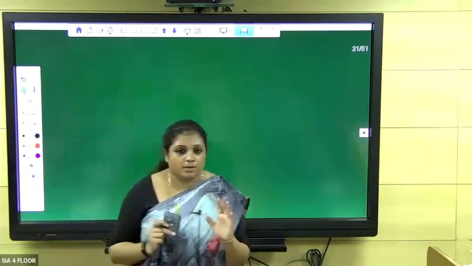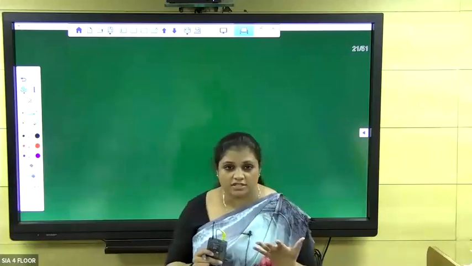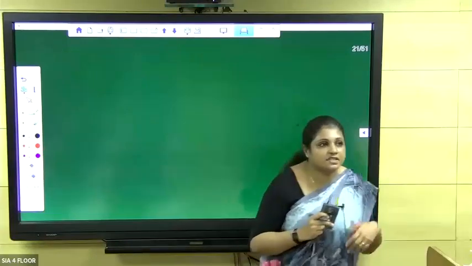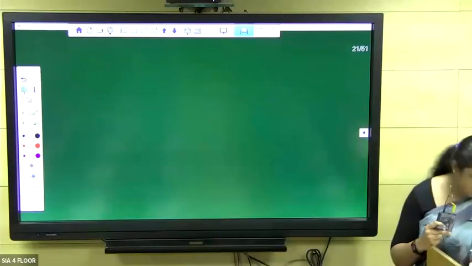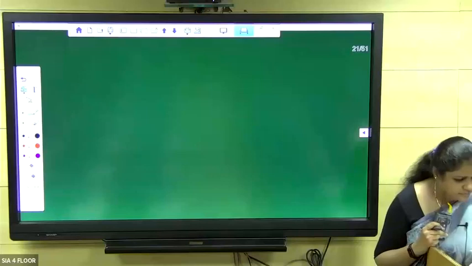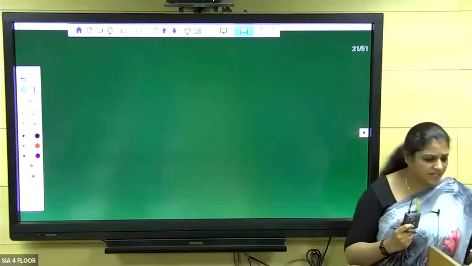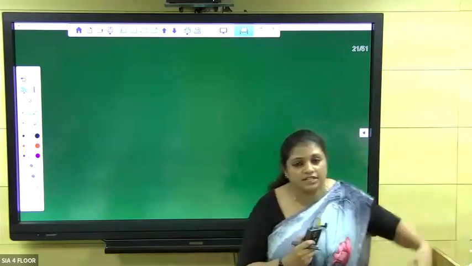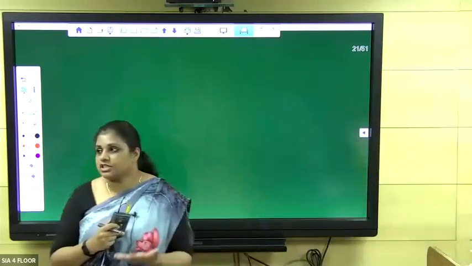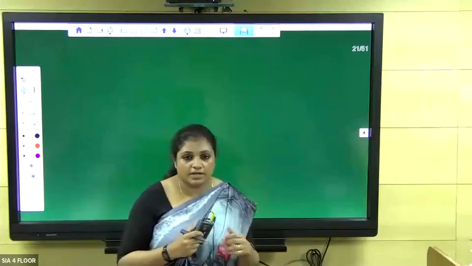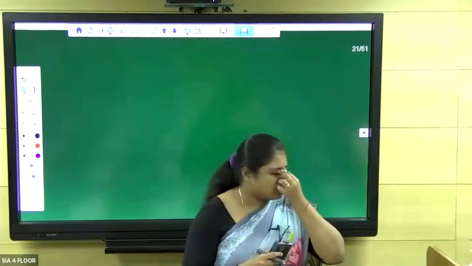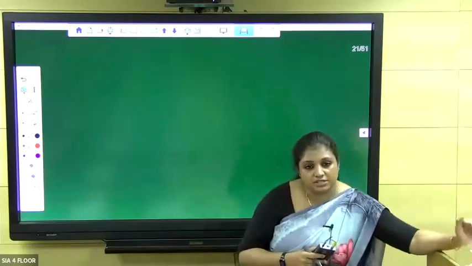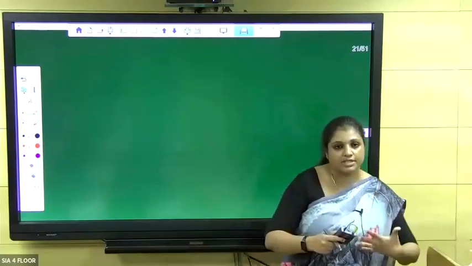See, I want to tell you something about this number series. Anyone can solve these number series questions. But if you see question number 1, it's very easy: 81, 100, 121, 144, 169, and what comes next? Everyone knows these are square numbers, so obviously next is going to be the next square number. It's not going to be easy like this all the time, whatever may be the series.